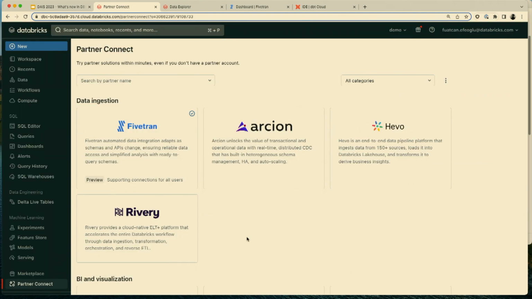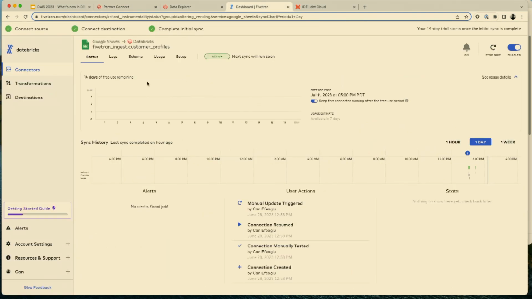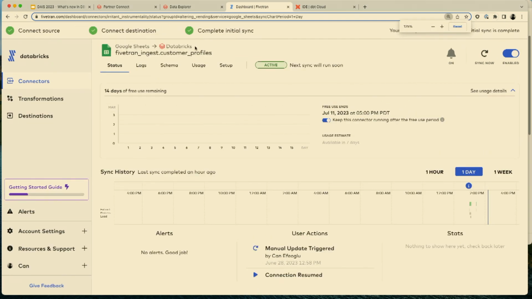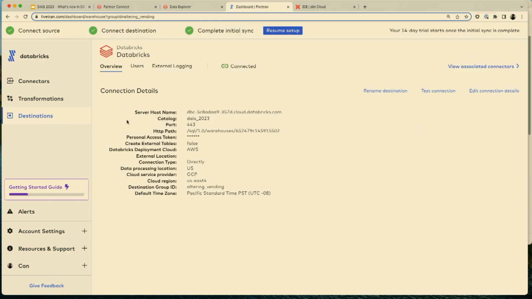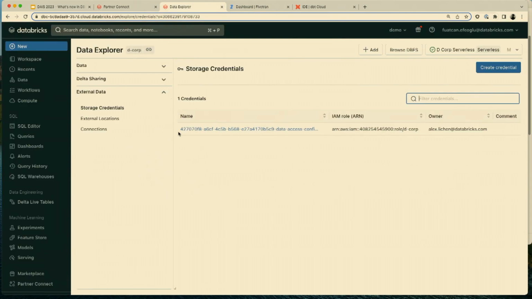In this specific example, we set up Databricks as a target. I picked a simple example from Google Sheets, and we have an ingest pipeline running from Google Sheets into Databricks. But as you know, with Fivetran or many other integration tools, this is not specific to Fivetran. You could switch and use something else, such as a Salesforce source or whatever source you want to ingest. Once I set this up and define my Databricks destination, I can come in here